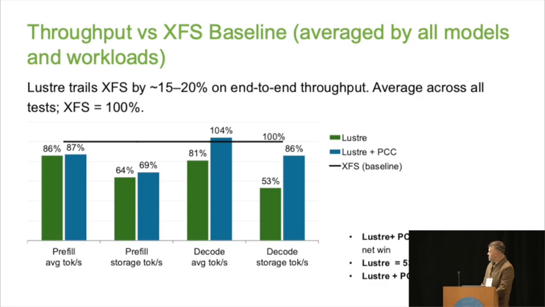Bandwidth was measured in tokens per second, end to end, and from the storage. Again, we have two phases. The first one is prefill, and the second phase is decode. And here you can see that on the prefill phase, Lustre slightly trails XFS by 50 to 20%. This is a payment for